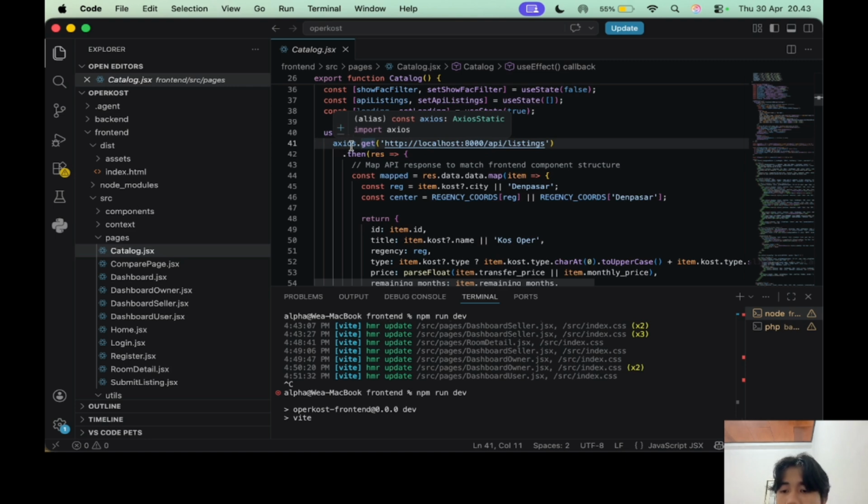The frontend sends an HTTP request to the Laravel API endpoint, for example, fetching all active listings. The backend processes this request and returns the data in JSON format. The React application then captures this JSON data, saves it into state, and dynamically renders the property cards on the screen.